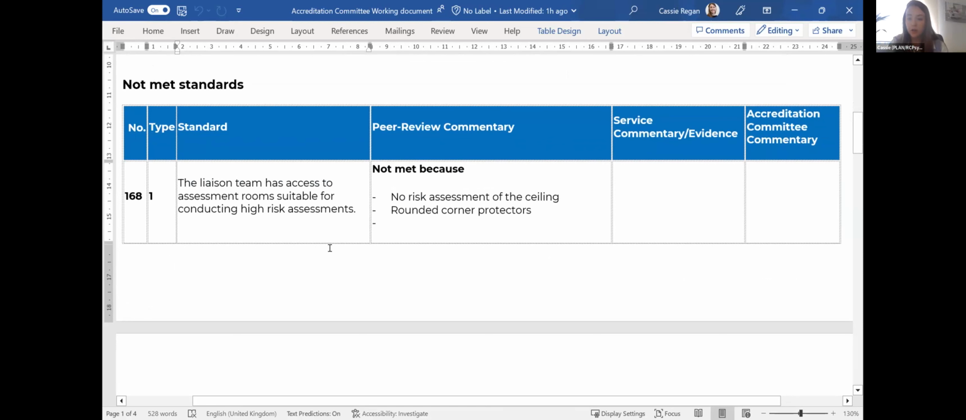Now, what we often find is this is not met for two particular reasons. In terms of having no ligature points, having an alarm system, there being two doors, a window to be able to observe but giving enough privacy, those bits are met. But it's not met often because we don't have a risk assessment of the ceiling. Now, we don't specify anything more than that. You might do it, you might get the estates team to do it, but we look for a risk assessment